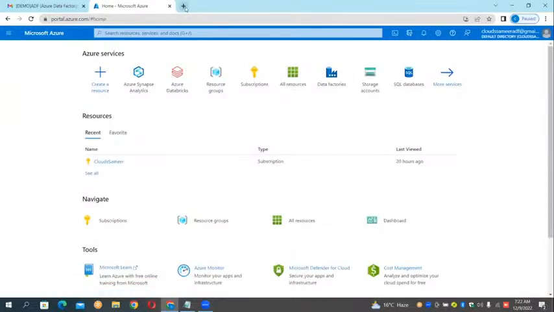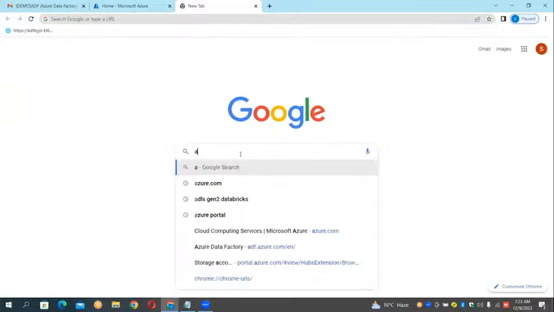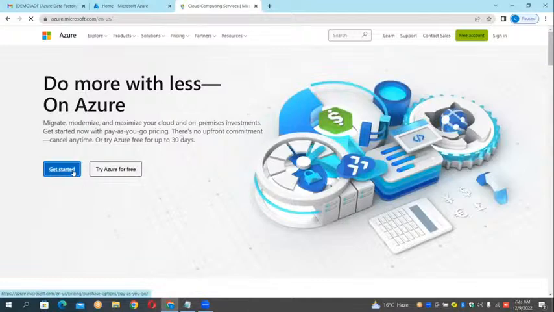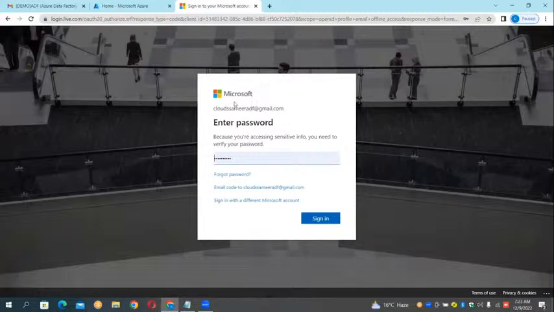So how to start it, I'll tell you once more. All of you, I want to see the screen now. It's very simple, guys. Just go to Azure.com and click on Get Started, and again click on Get Started. So here, anyways, I'm already signed in, hence it is giving me the password directly. Else you have to enter the user, that is nothing but your email ID, password, and credit card details. Everything you have to fill in. It will charge you only 2 rupees on your credit card.